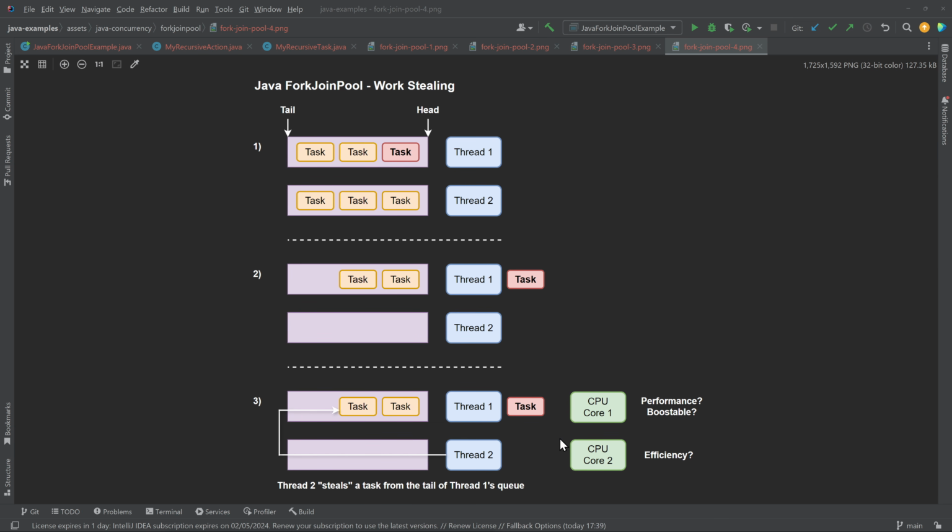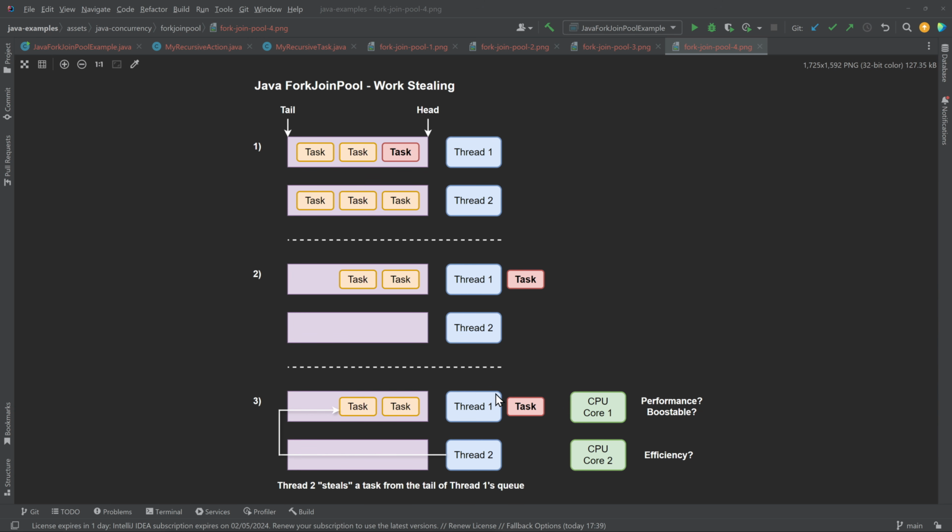Now, in practice, you also run into other challenges about perfect utilization of the CPU core. So you will probably never hit a completely 100% efficient use of them, because there are such factors that play into this, such as whether some modern desktop CPUs have performance cores and efficiency cores, and performance cores are typically able to run faster than efficiency cores, but they also use more power. So if CPU core 2 here is an efficiency core, maybe it will actually process some of the tasks slower